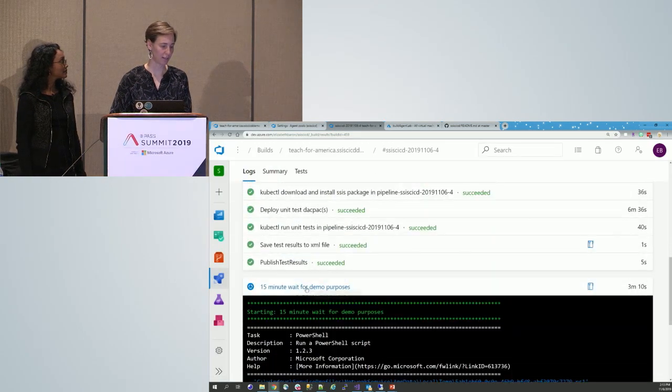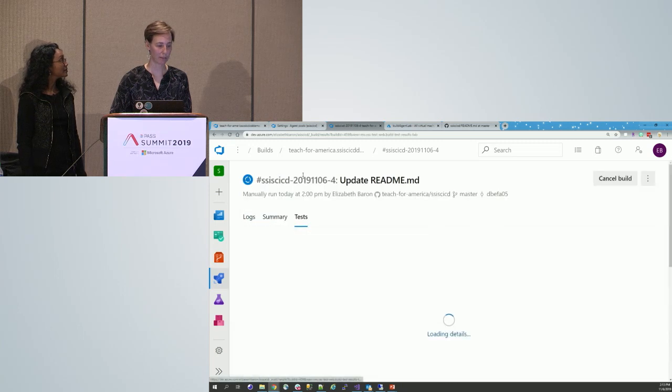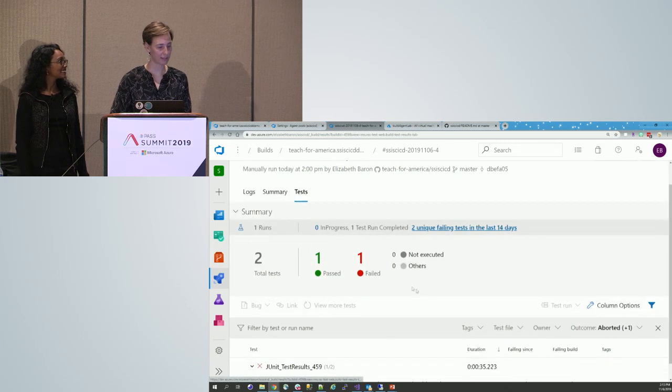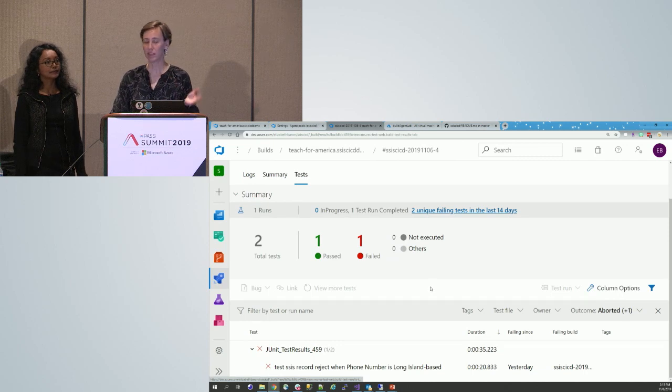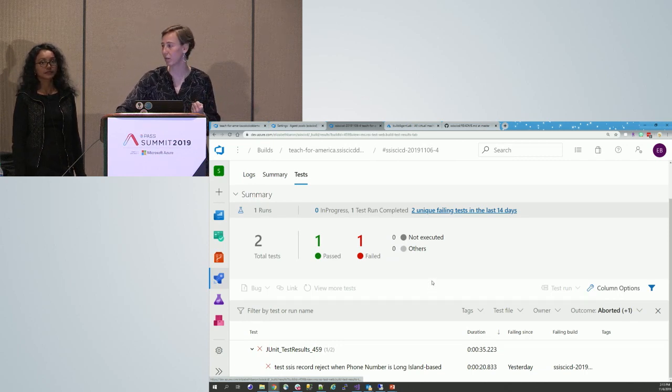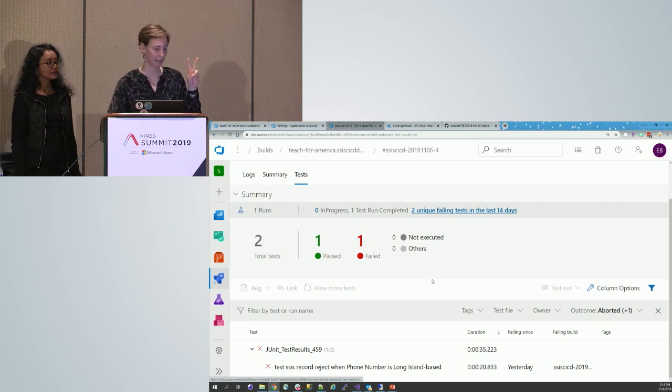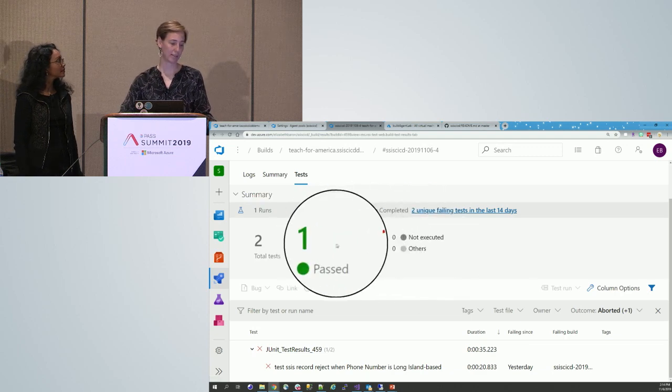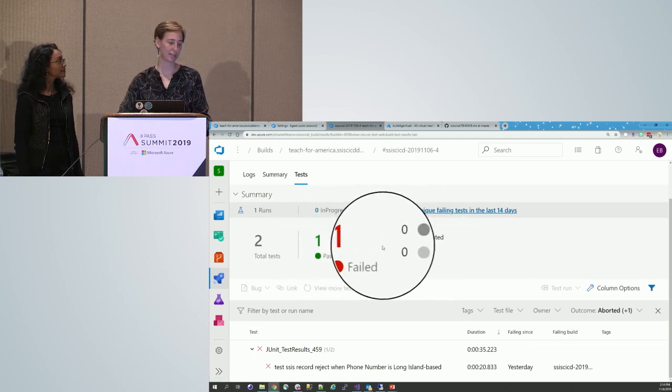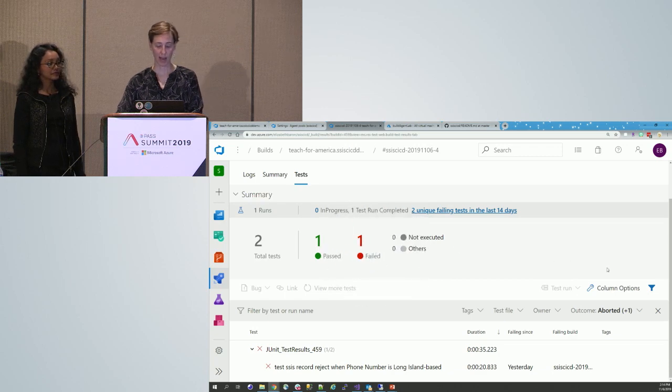And we've published our test results. Let's just go. I wonder if they're going to be published here. They are. Look at this. This is kind of amazing. So we've automatically run this pipeline, and we have these unit tests defined, and we've automatically gotten them back into DevOps in a way that's pretty easy for anyone to see. We have 2 total tests. One of them passed and one of them failed. And after we walk through the Docker file and all of the magic that has, we're going to fix this test. And with that, I would like to hand it over to Sreeja.